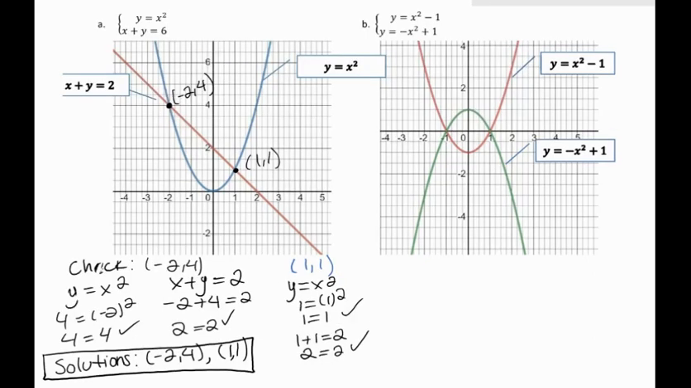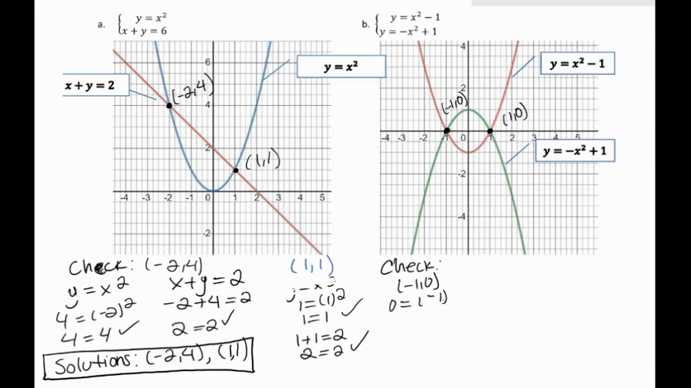For example B, my graphs are intersecting right here. So that's negative 1 comma 0. And they're intersecting over here, 1 comma 0. Let's go ahead and check those points. Let's check negative 1 comma 0. So we have y equals x squared minus 1. So we have 0